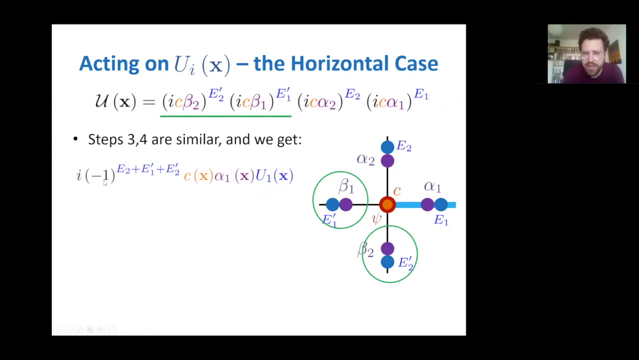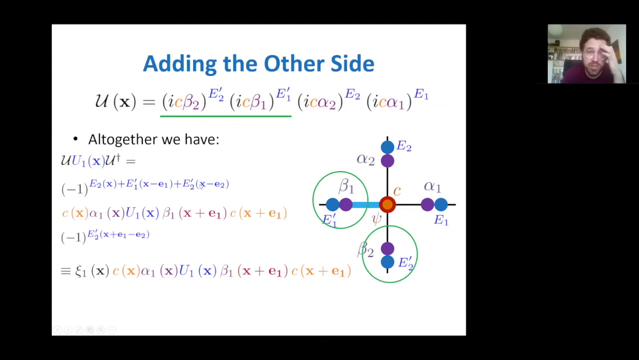They put this (-1) to the power of the electric fields on some of the links around the vertex. So I changed it a bit, but it's still local. I can move on and perform the same trick on the other side of the link. And what I get at the end is that my U that I had in my interaction now has C